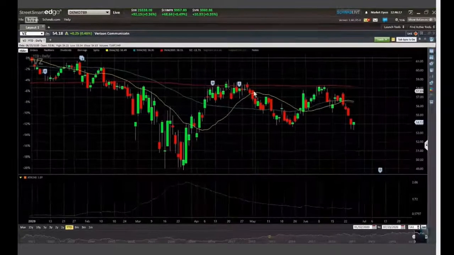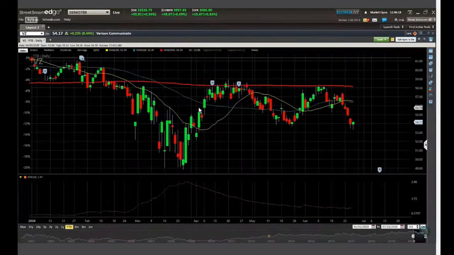So here we have our moving averages, and look at that. Look at that 200 holding strong. So if you were somebody that was shorting Verizon, you may want to get out now, just slightly above this 200-day moving average. Here, this is a great example. They don't always work out perfect.